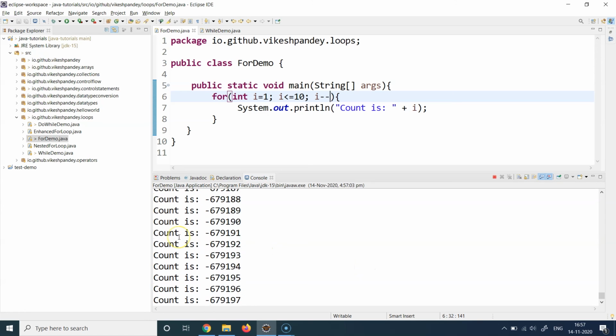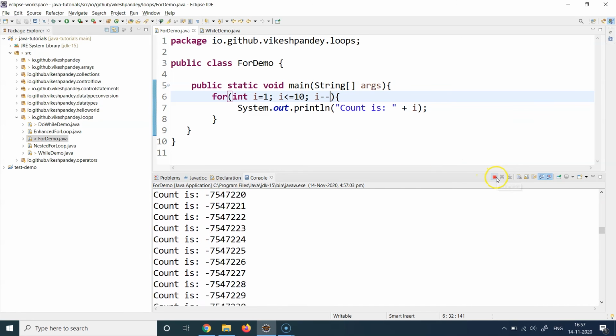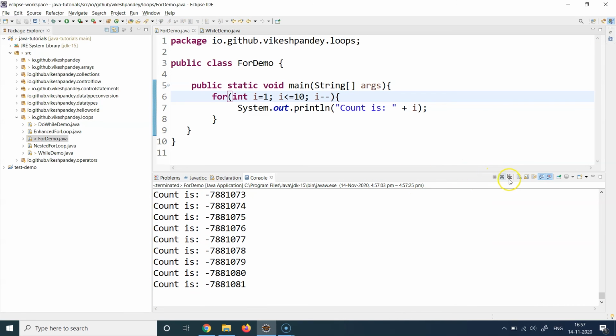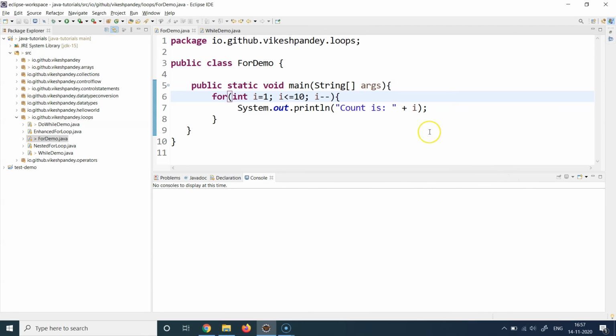So you see, it will continuously keep printing the values till the program runs out of memory, till it eats up all the available memory. It is forever running. It will never stop because the condition will never evaluate to false. This condition will forever be true. So the loop will run forever. So I'm just going to kill the program, but this is something which you should avoid whenever you are writing Java code. And this happens quite often with beginner programmers.